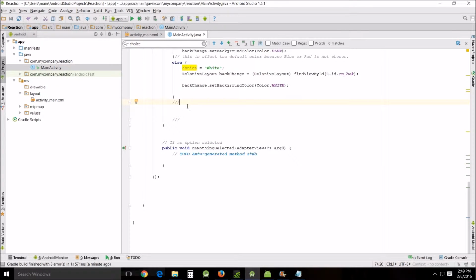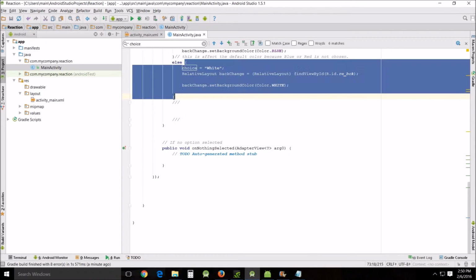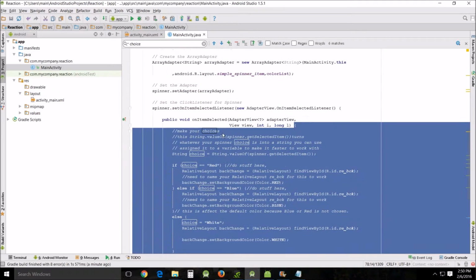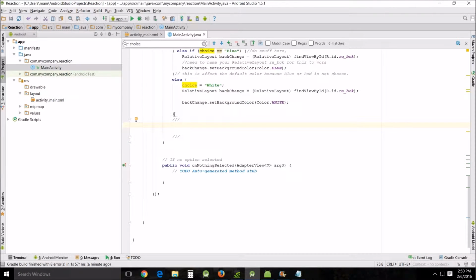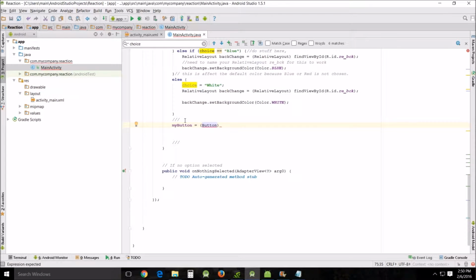All right, first of all, we're going to declare a button called myButton here at the top. Just scroll down to the bottom and you should be right here. There should be this statement right here, and this includes the entire thing, so we want to be in there but not in here. So let's go in here and start with myButton, Button, and findViewById R.id.button1,